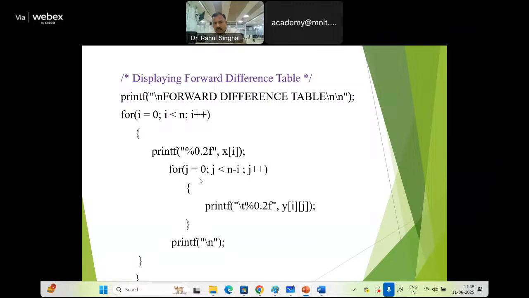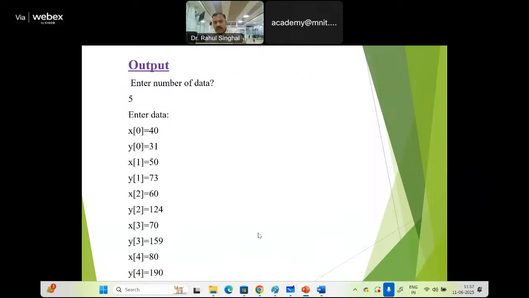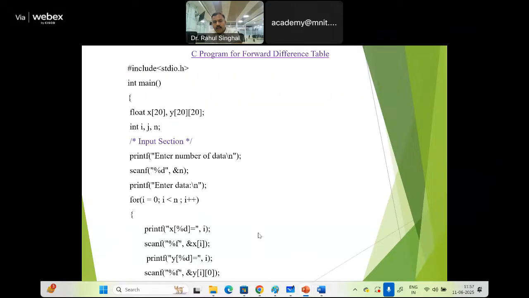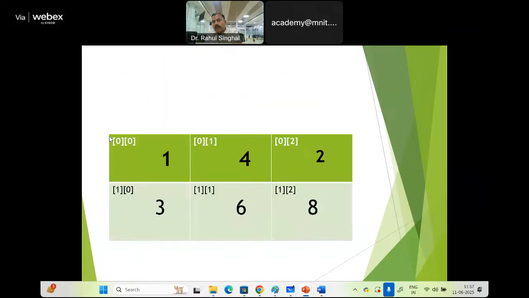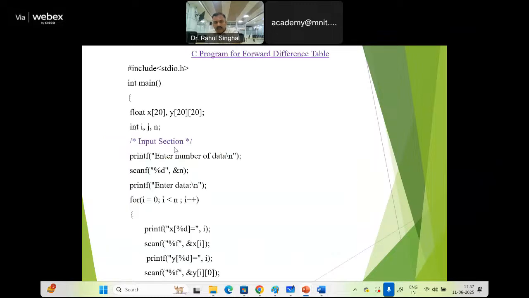We have i is equal to 0. Now j is equal to 0. 0 less than 6 minus 0, 0 less than 6, the condition is true. Then in the second column it will printf y. Your i was 0, your j was 0, so y[0][0]. If you see, it will print the first element, okay, in the second row. So in that manner,